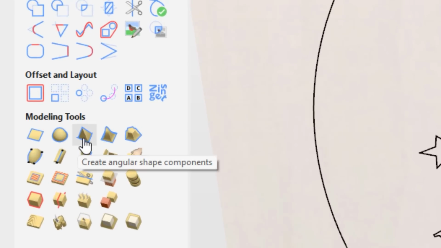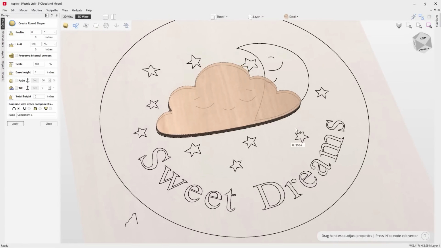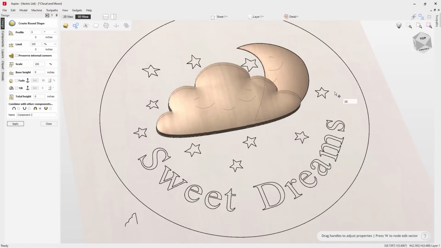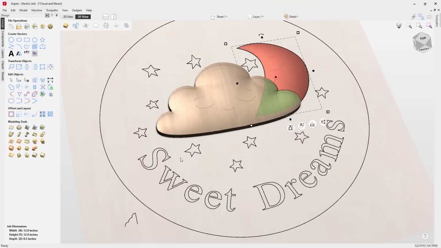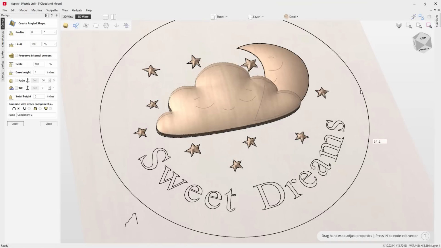We've introduced 4 new 3D shape tools. Each tool is designed to make shapes of a given type: round, angled, smooth and custom shapes using your own vector profiles. The tools all feature interactive handles which allow you to dynamically adjust the properties of the shape in place, giving you rapid feedback on your design changes.